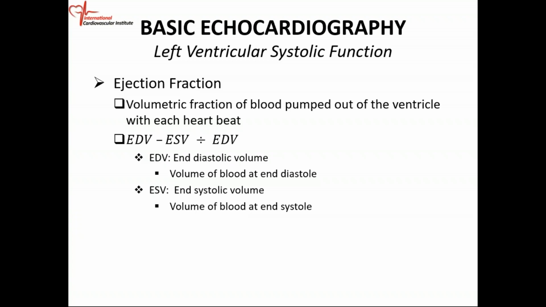To calculate, and this is all mathematical now, the fraction of blood that the heart pumps out per beat, you have to get the volume in diastole, then you're going to subtract the volume in systole. When the heart is in end systole, it has already pumped out a certain amount of blood. To get that volume of blood that was pumped out, you subtract from the end diastolic volume the end systolic volume, and then you're going to divide by the end diastolic volume, and that is the mathematical formula